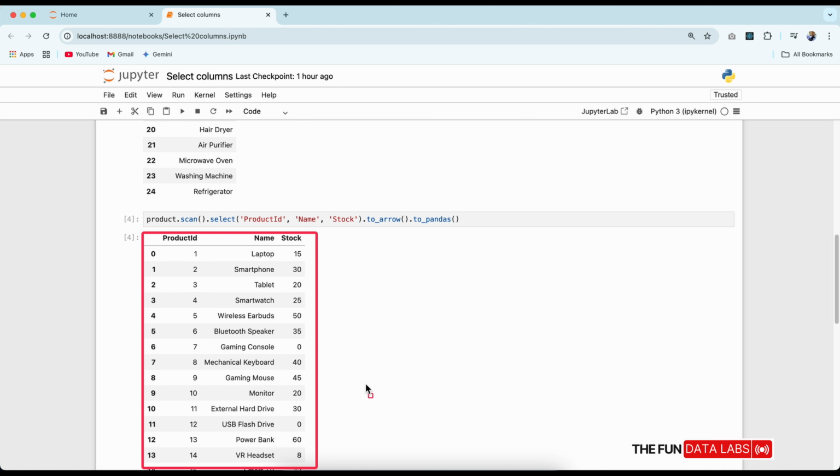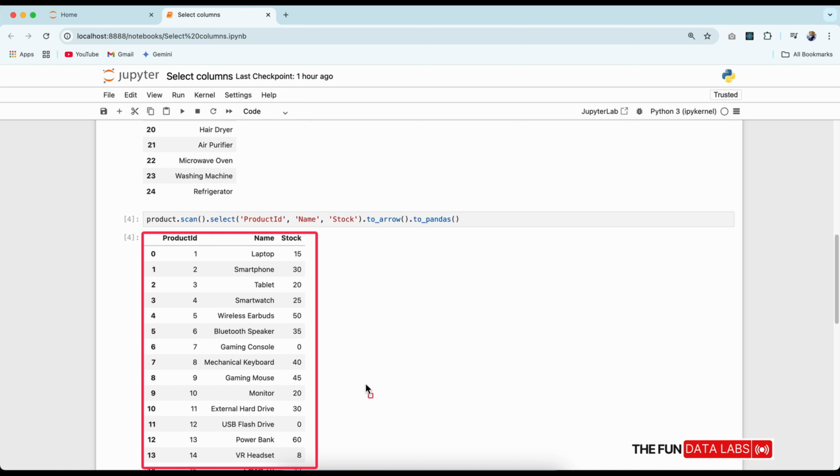This ability to select specific columns is especially powerful in Iceberg because of its columnar storage format. Traditional row-based storage would require reading the entire row, even if you only wanted a few columns. But with Iceberg's columnar approach, we can read just the data we need.